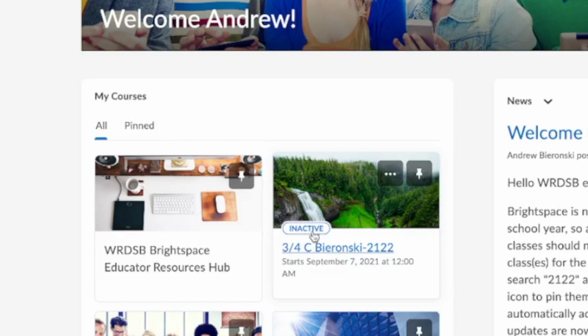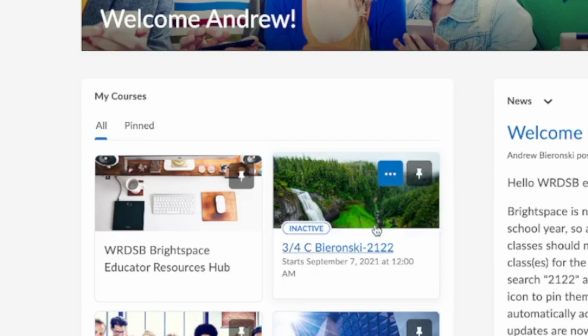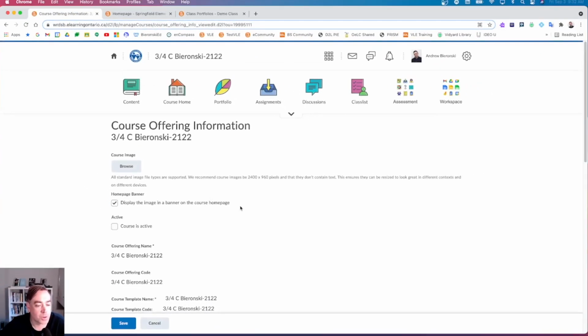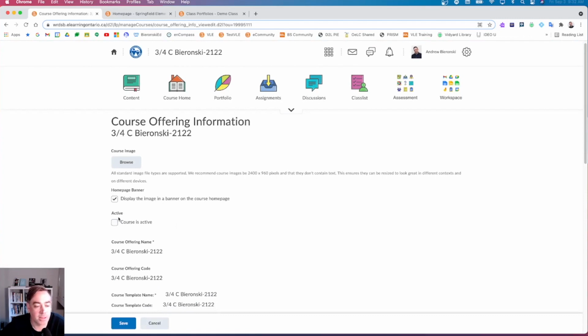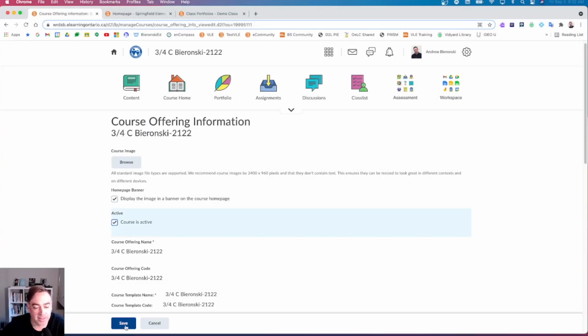To make your class active so your students can see it, and then check out the start date, just hover your cursor over the class and click the 3 dots at the top and then course offering information. This will take you off to your course offering page here. Now, you can see it says active courses active. It will not be checked by default. You can check it to make your class active and then click save at the bottom and it will become